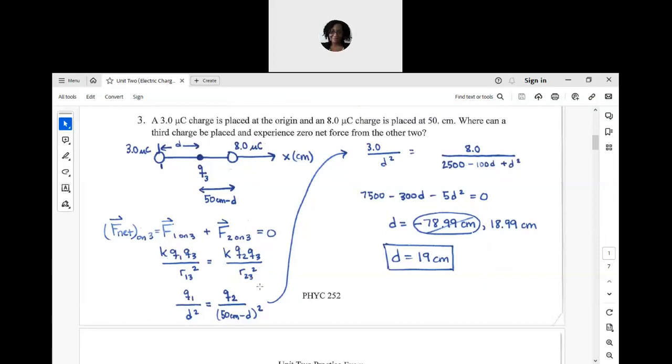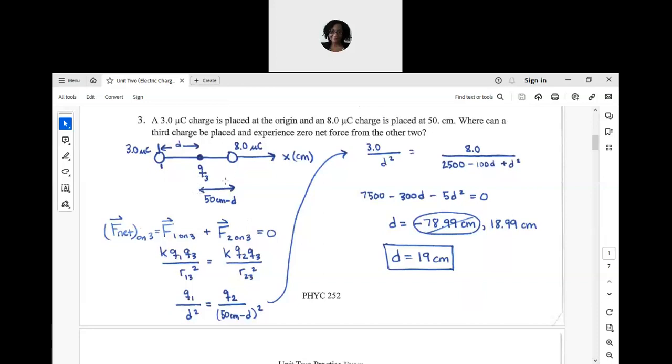I canceled out like terms. So the Q3, that value does not need to be known in order to answer this question. And I canceled out the electrostatic constant K. And the next thing I needed to do was to find some way to communicate where charge 3 was relative to each of the charges positions I know. And I think we did this differently in the notes, but this time I chose